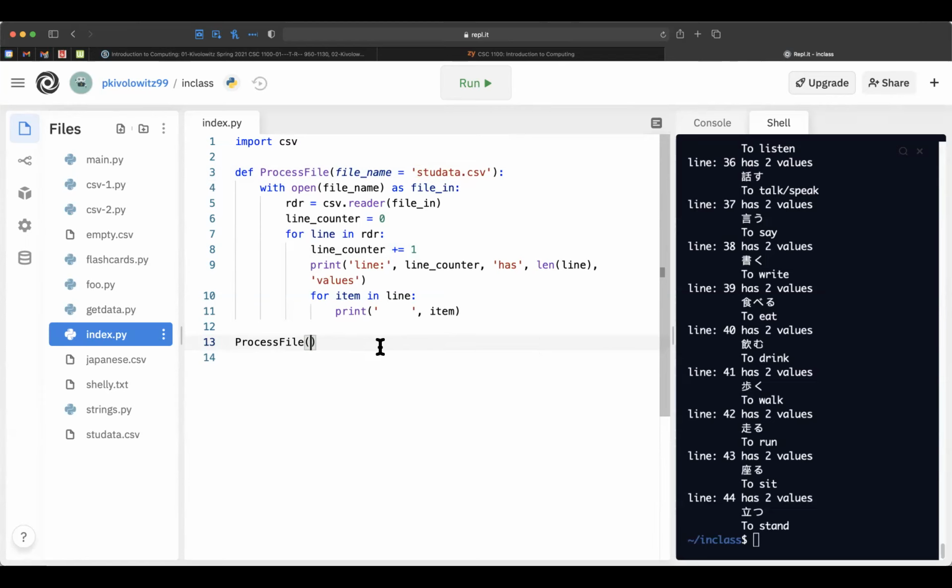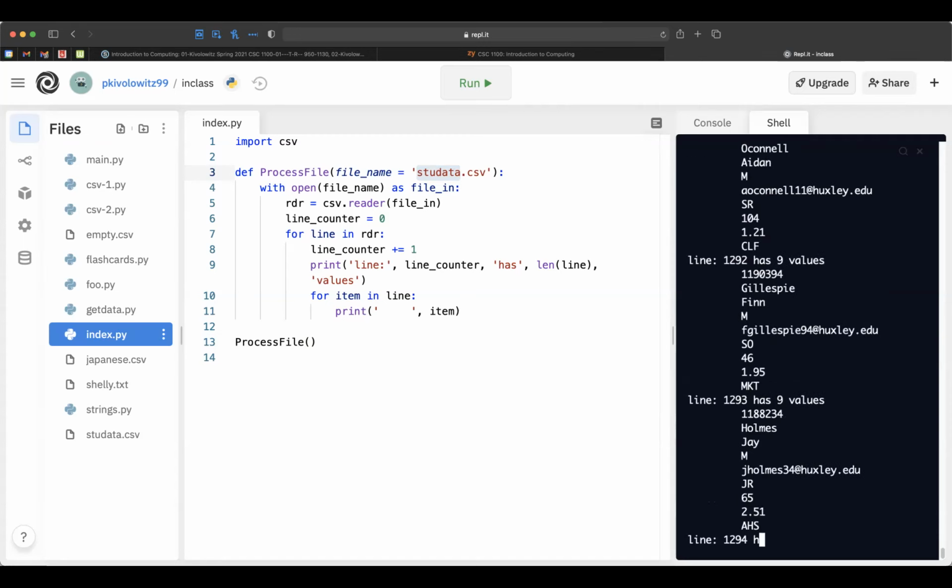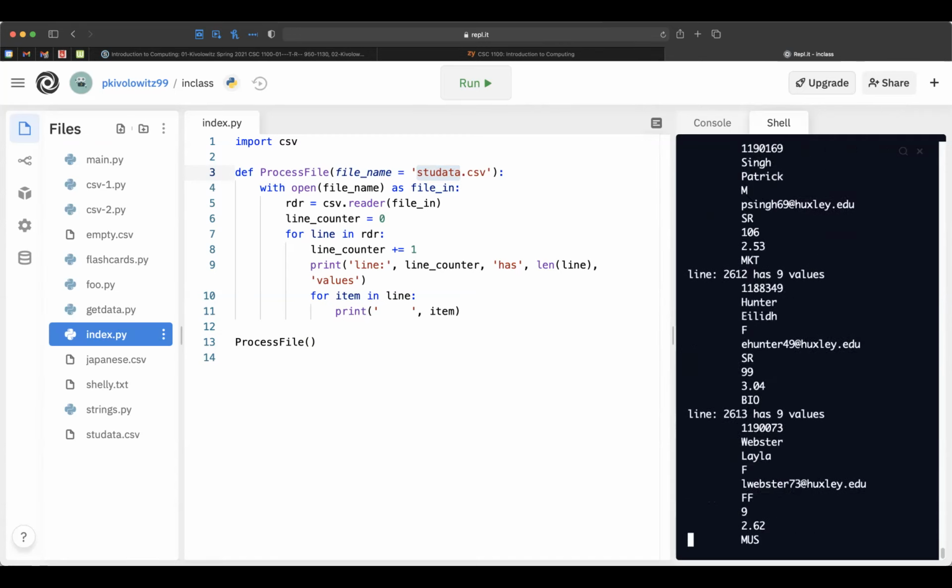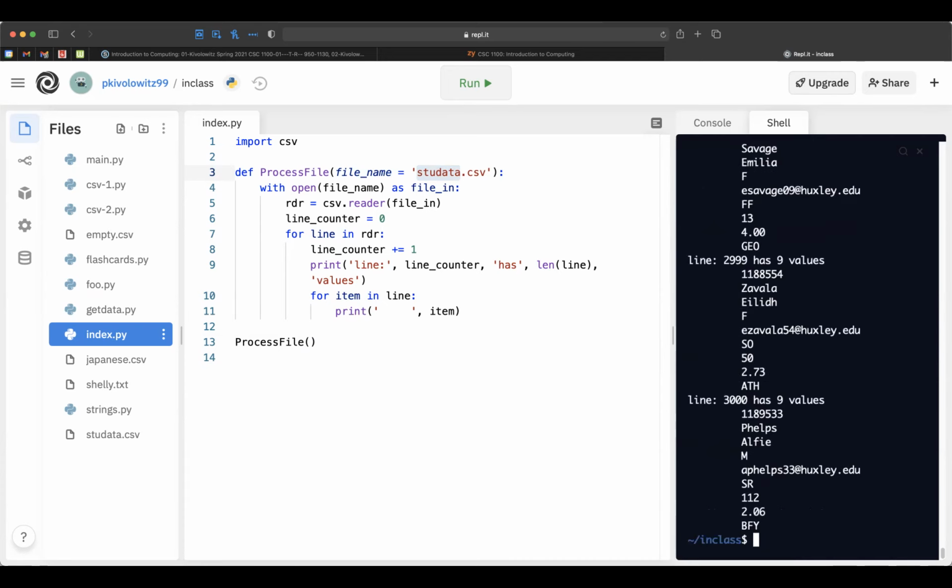Now I can remove the value of the parameter and therefore get the default value, which is studata. And okay, let's just do it. So Milo, does that help?